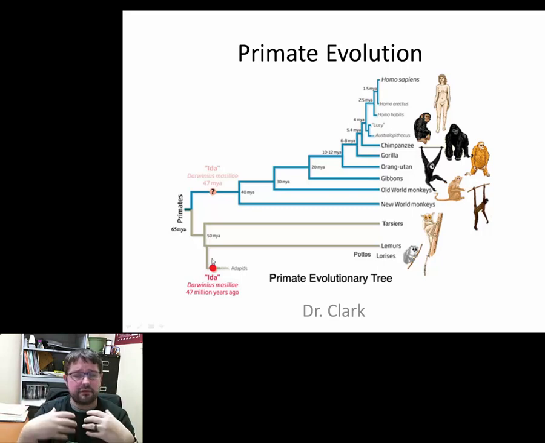And so with really every passing year, or even every passing couple months, we have a new piece of evidence that comes out, a new fossil discovered, new fragments of teeth or something along those lines discovered in different regions, because we're getting much better at knowing where to look, and for that matter, knowing what to look for. Okay? All right, so we're going to go through and talk about primate evolution.